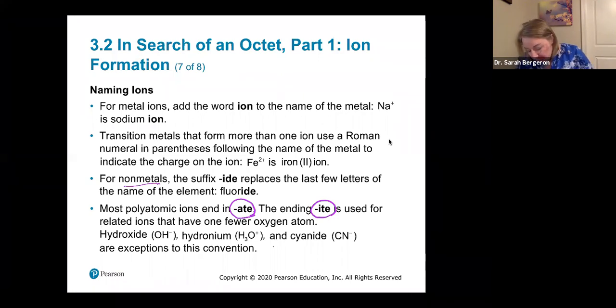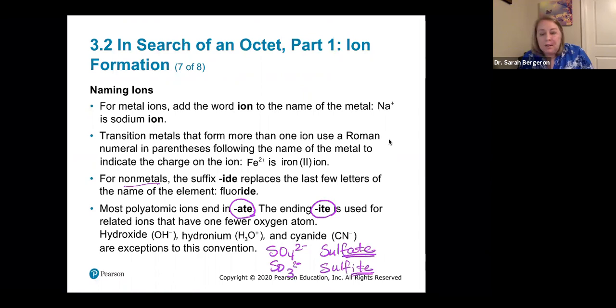So I'll give you an example, right? If you have SO4 2-, that is going to be sulfate, ATE. Remember, ATE is more oxygens. So if I drop my number of oxygens and I end up with SO3 2-, what I'm going to end up with is sulfite. So notice what changed was the ate and the ite. Now be careful,